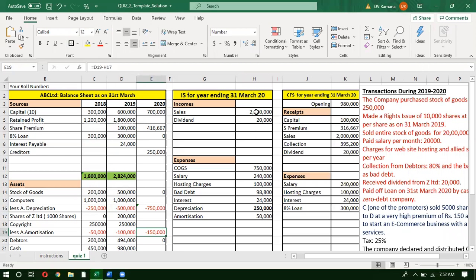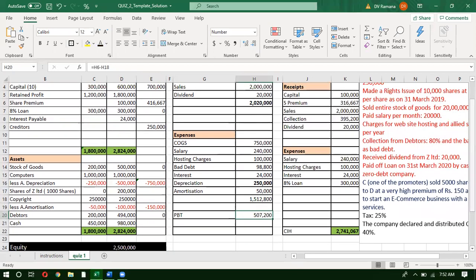No other transaction. So let us find profit. Profit is equal to incomes minus the expenses. So profit before tax is incomes minus expenses, which is 507,200, and tax 25%. Because we have sufficient cash, let us pay the tax. So profit before tax minus tax is profit after tax, so profit after tax is 380,000,